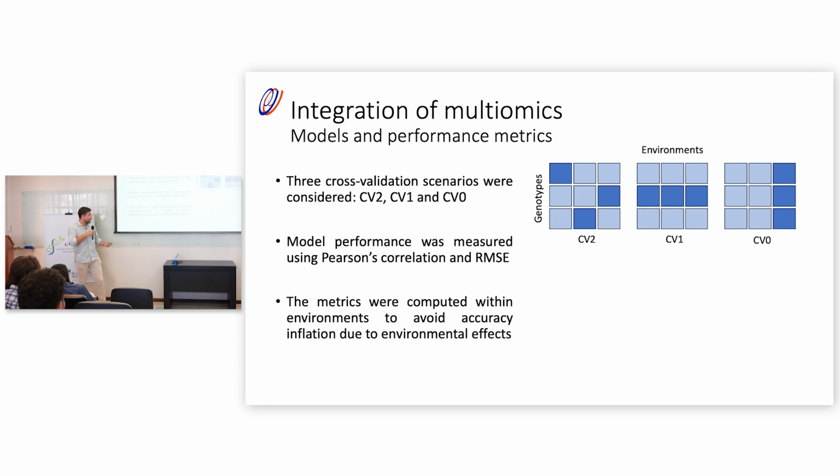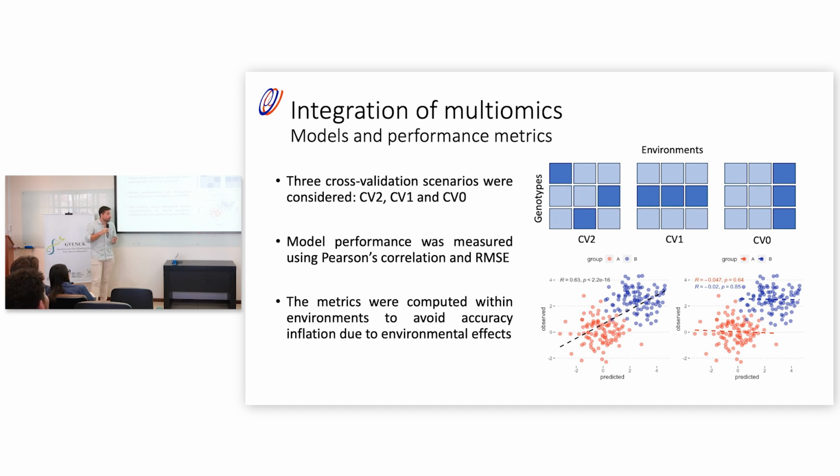But now I want to remark that we are using Pearson correlation within environment. So we don't compute a single correlation between predicted and observed. Rather, we first compute the correlation within each environment, and then we average that. And I think this is important because here, this is synthetic data in which I simulated 2 random clouds of points, which you can think of as environments. I gave the second group a mean of 2. So this cloud of points is centered at 0, but this other cloud is centered at 2. And see what happens. The correlation is really good.